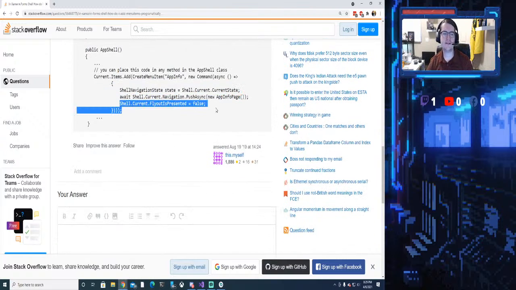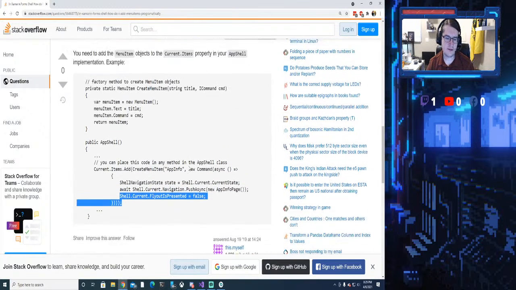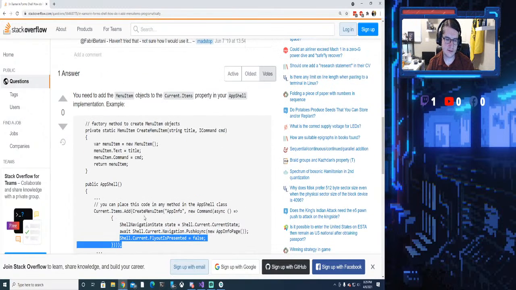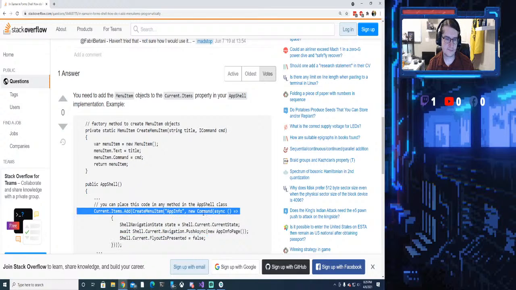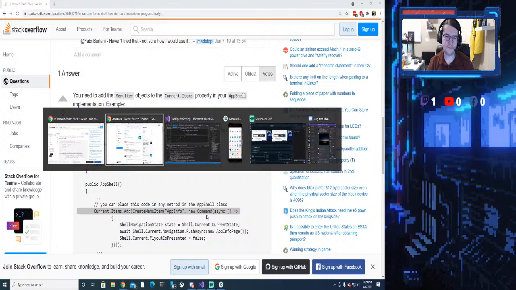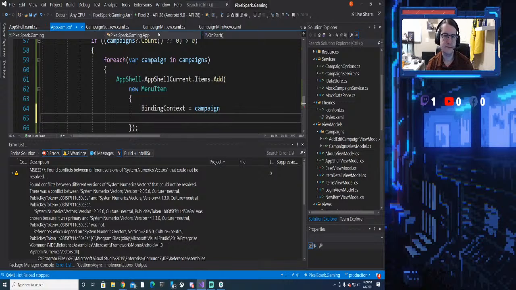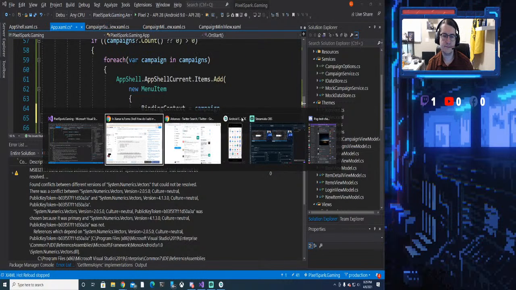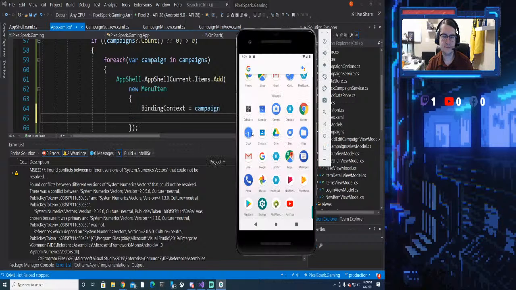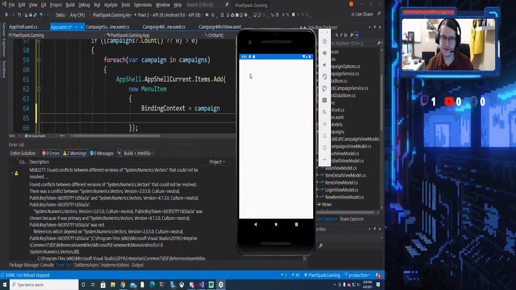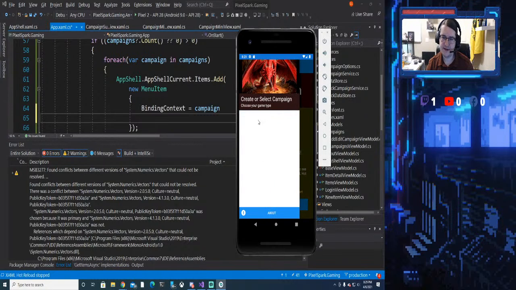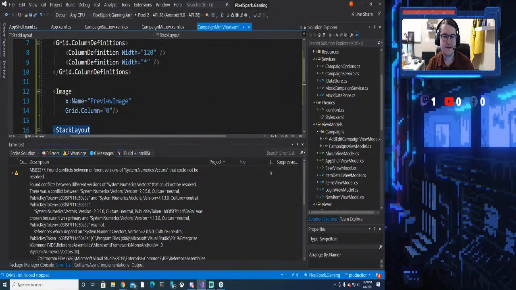Oh, well, that should fix our issue with it showing that, but is it just not showing up? It's definitely a possibility. Yeah, it's not showing up correctly. Okay, so